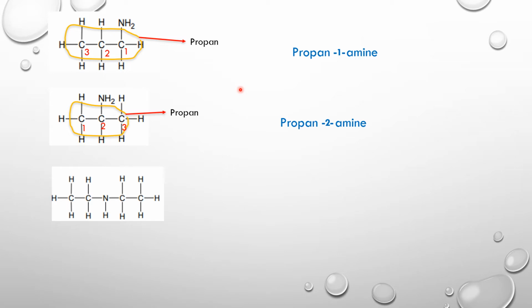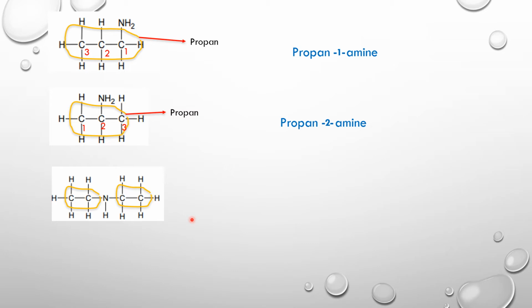In the fifth example, let's have a look at this molecule and see how different this is to the previous ones we have named. Now in this case, you can see the nitrogen is attached right in the middle. On the left side of the nitrogen, we have one group consisting of 2 carbon. On the right hand side, we also have another group consisting of 2 carbon atoms. So this time we have 2 groups directly attached to the nitrogen group.